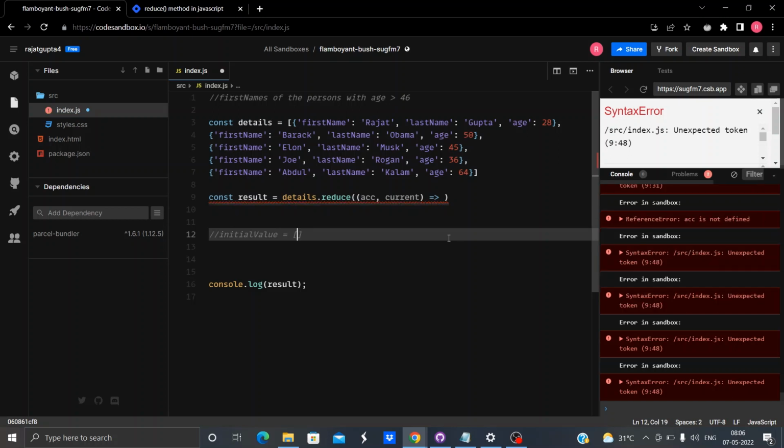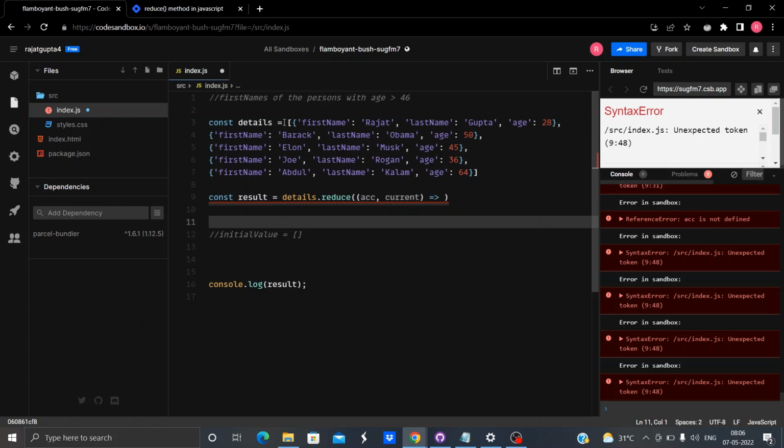This will be the initial value, because we need to check each of these elements of the array, and hence we want our current to start from index 0 itself.